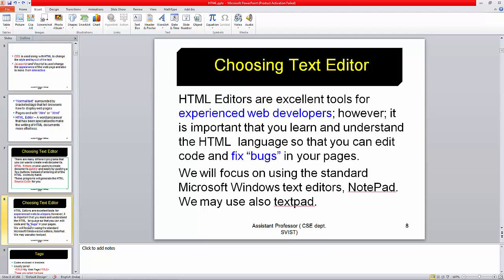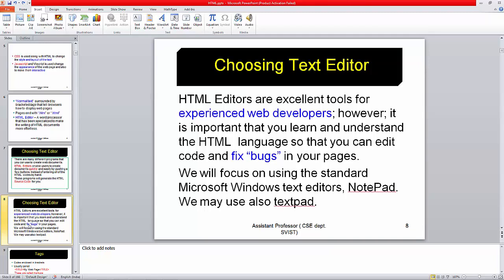At that time, the Notepad is also a very helpful tool, so that we are able to understand what correction we have to make. And as we learn some of the tags, actually we copy paste them from the internet, but the thing is that we will be able to understand the things properly, so it will be much more helpful for us.